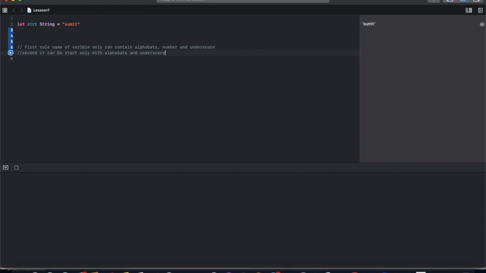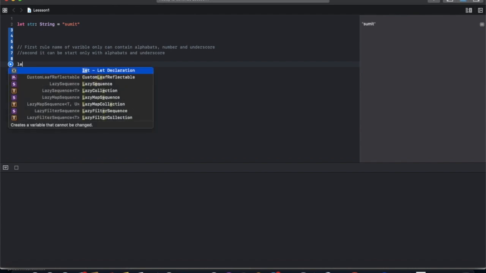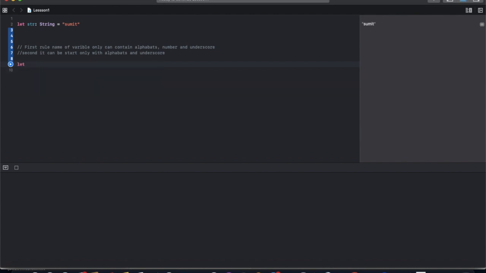So what is the meaning of this? Like if we want to declare a constant, we need to use the let keyword. So we're just using the let. And now the name. To write a name we need to use the naming convention. So what are the rules? Firstly, we can only use alphabet and underscore.